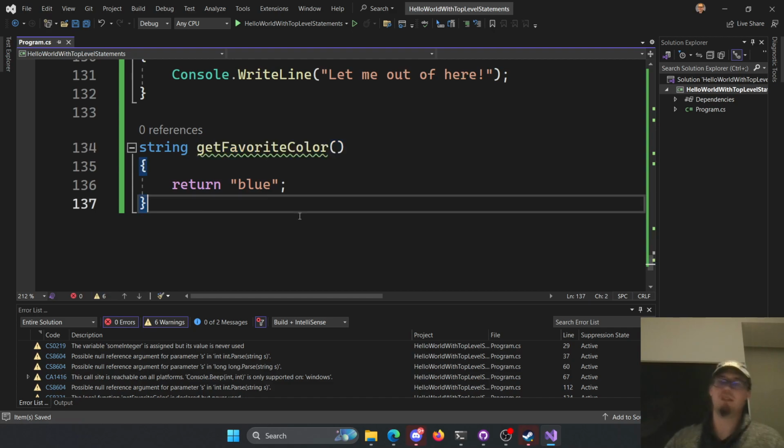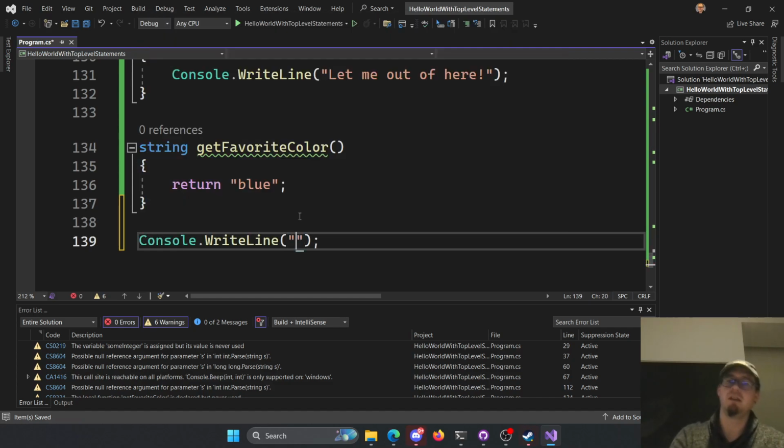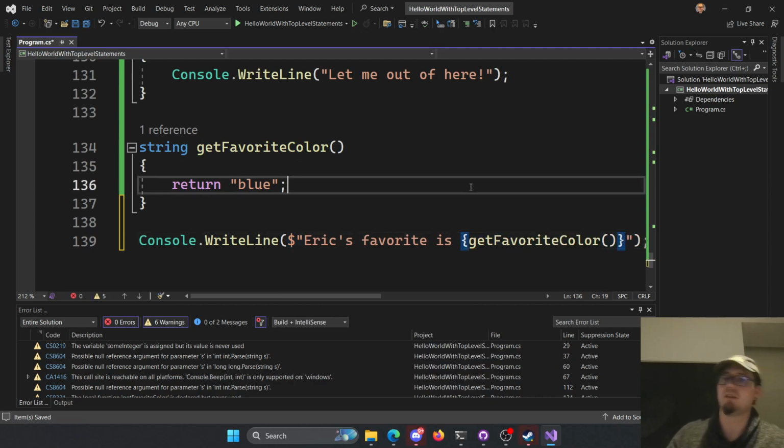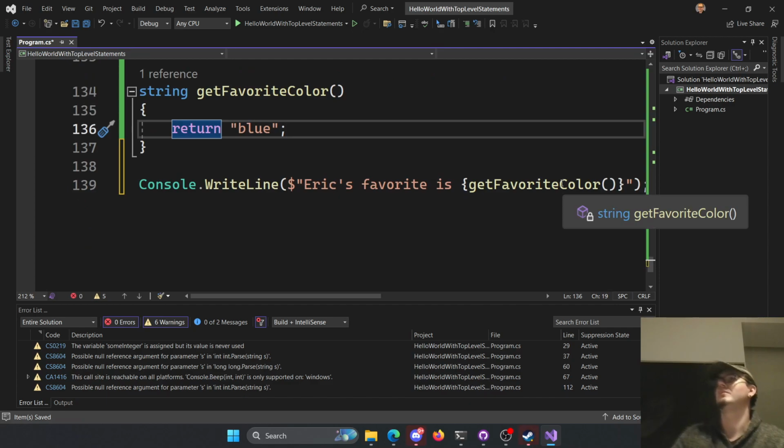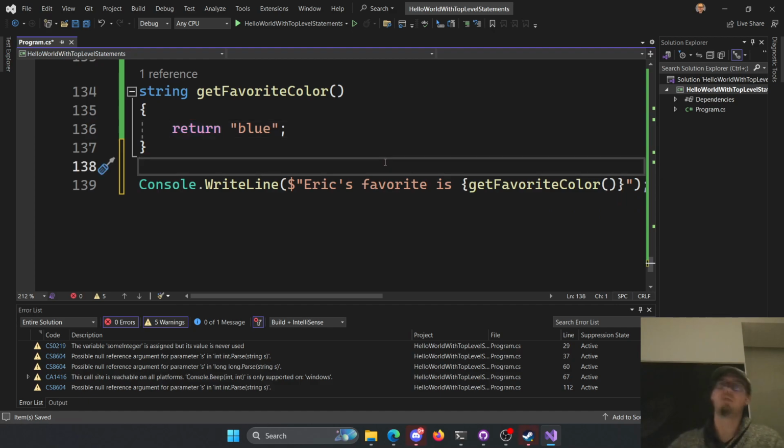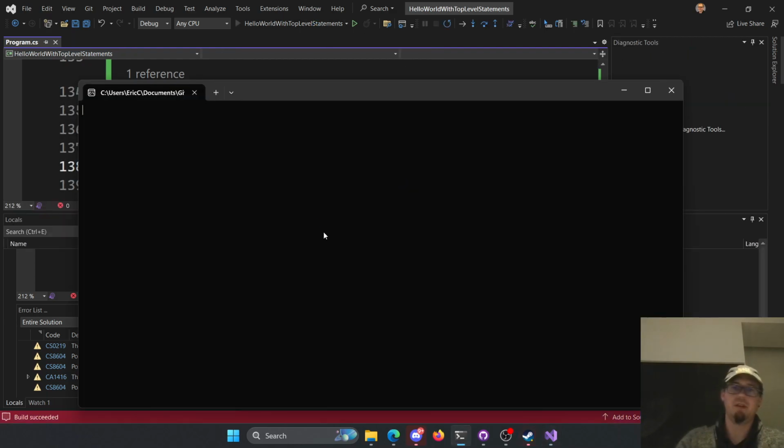And if I want to use that somewhere else here, right, I can do a Console.WriteLine and say Eric's favorite color is, and we'll do our little interpolation. And in the interpolation, I can call a function here. It doesn't even have to be a variable. You can interpolate functions that return things, right? Because this will give you back a string eventually. I can take the string I got back and throw it in here. Or if I have a favorite number, I can take an integer. Like you can put things inside of things, inside of things, inside of things. It gets fun. All right, so if we run that one,